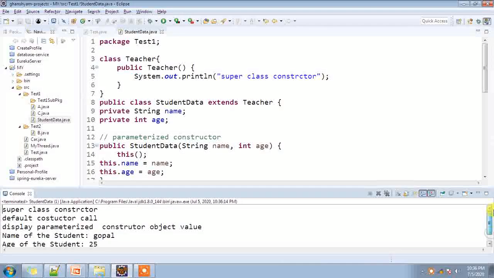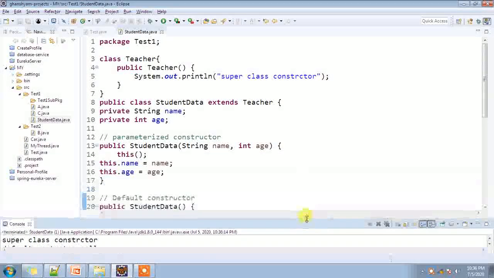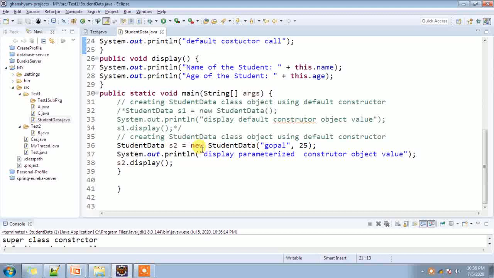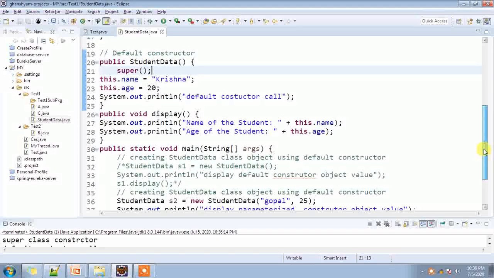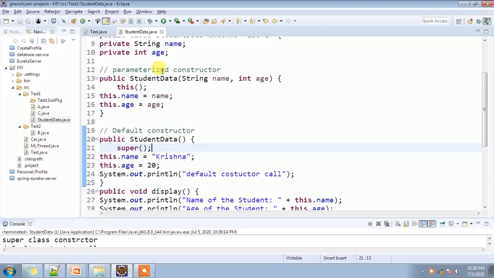Now if you run this, you will get the output: superclass constructor, default constructor, then the parameterized values Gopal and 25. What is the flow of execution? When you create the StudentData object passing the parameters Gopal and 25, it will call the parameterized constructor of the StudentData class.